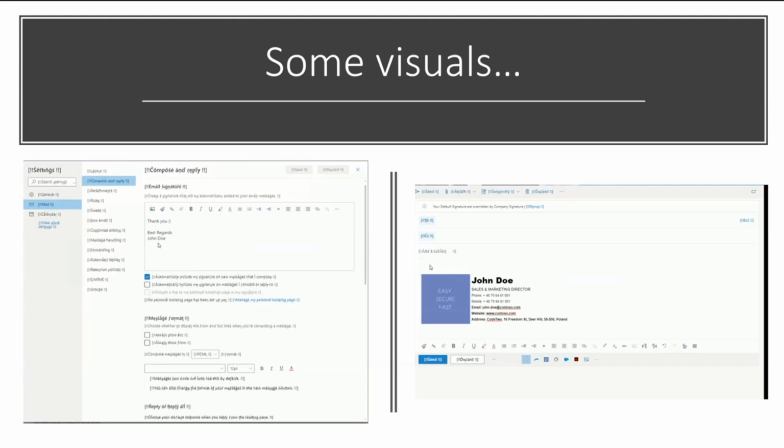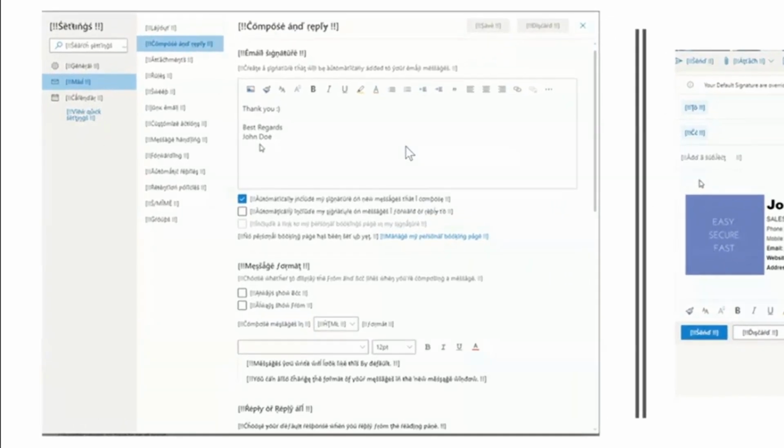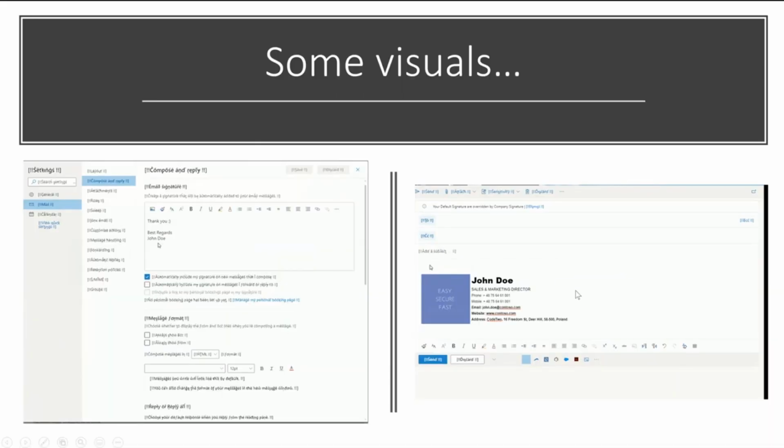Well, how this is going to look, sorry, I think these images are not very clear, but what I'm showing on the left is a default signature that is configured, in this case, in Outlook Web Access. So on Outlook Online, you can create a signature for your emails. And then basically, if you have an add-in that is supporting these scenarios, when you are composing a new message